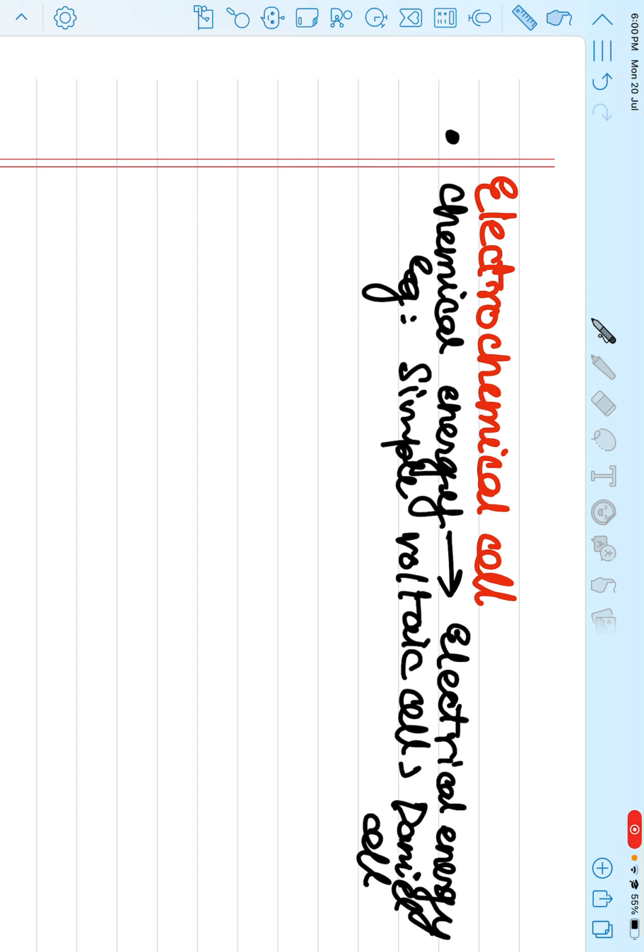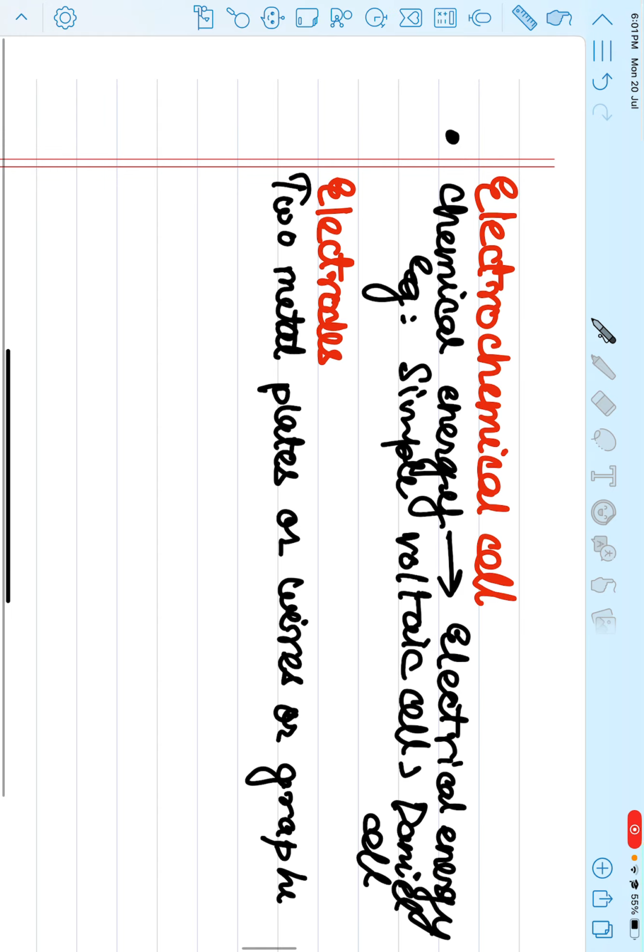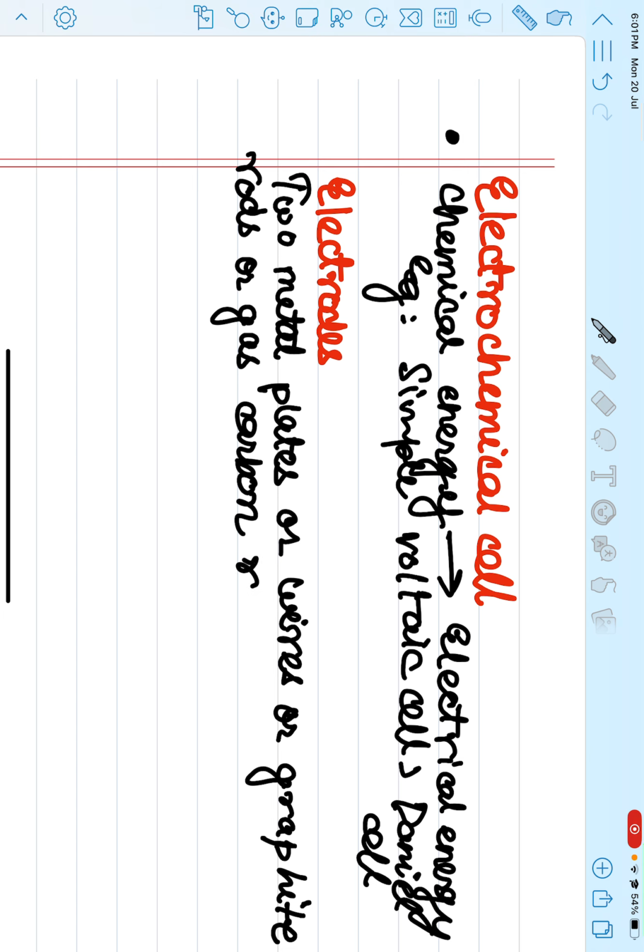Now let's come to what are electrodes. These are some terms that you are getting habituated with so that we can discuss the examples better. So what are electrodes? Two metal plates or wires or graphite rods or gas carbon rods immersed